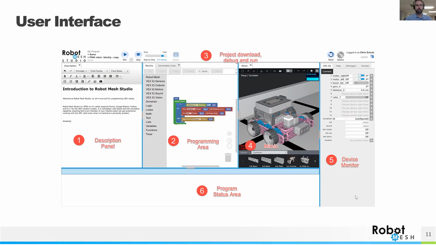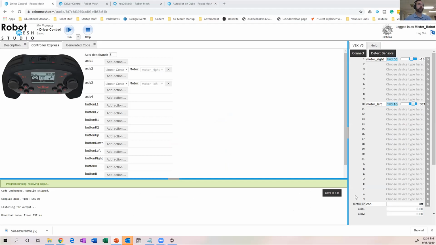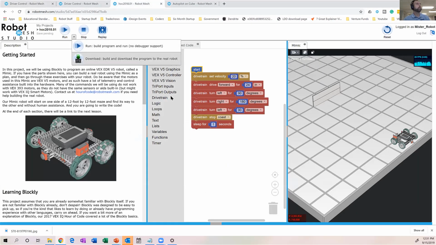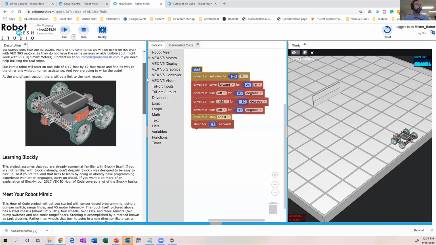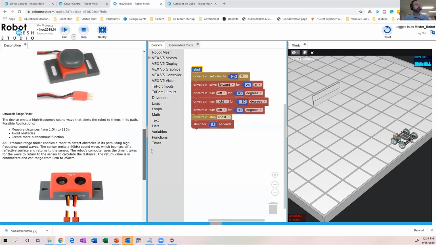So with that out of the way, let's take a look at a new type of project. And so I just want to maybe, before I do that, I'm going to actually show you a completed project with all these windows filled out. So every year for the last couple of years, we've been doing Hour of Code. This is our 2018 Hour of Code project. So we have our description panel here on the left, where we have created an exercise for our students to